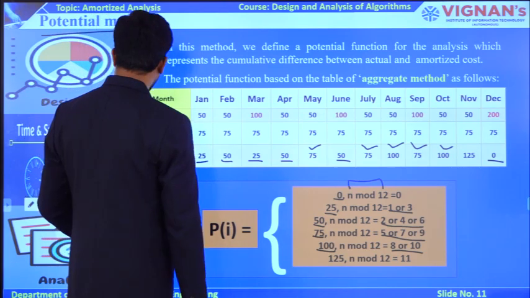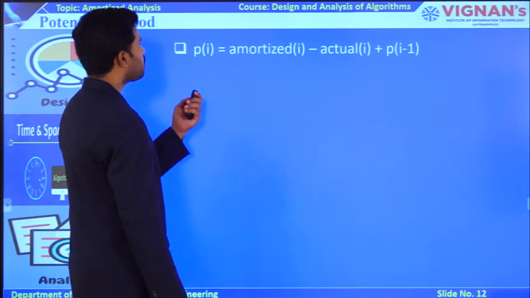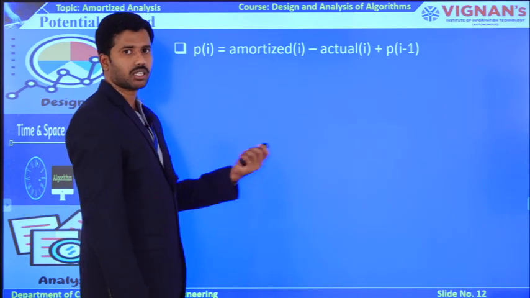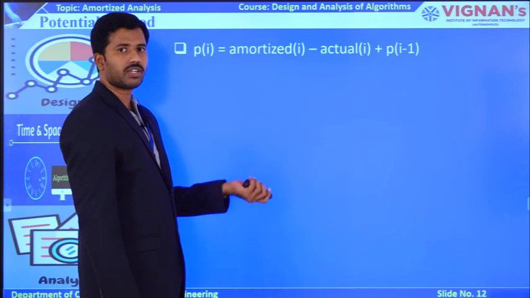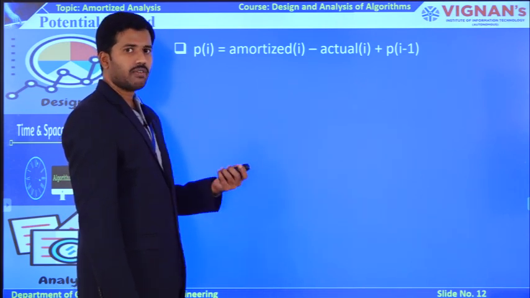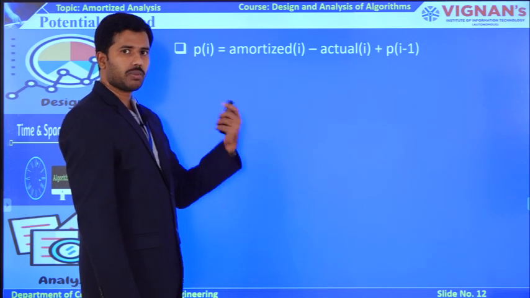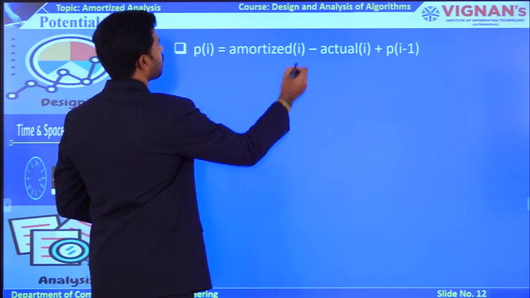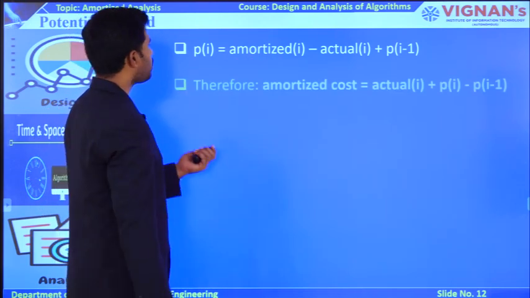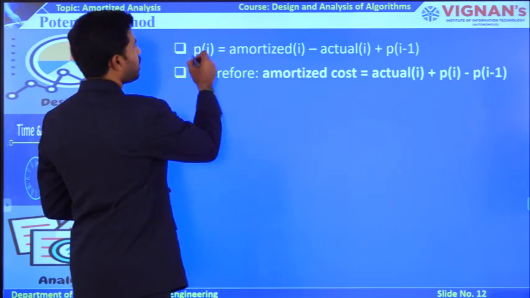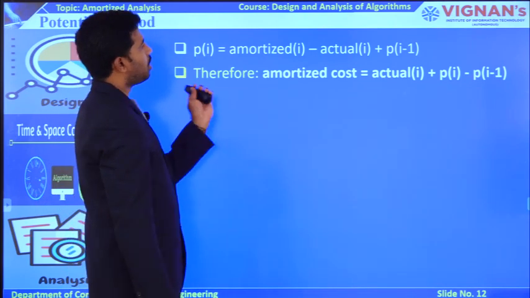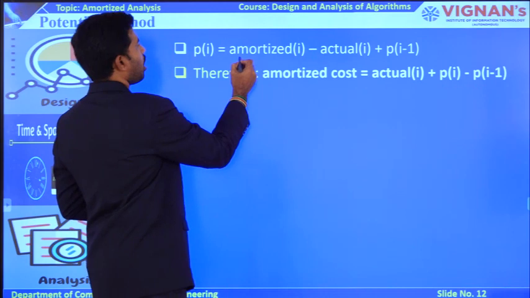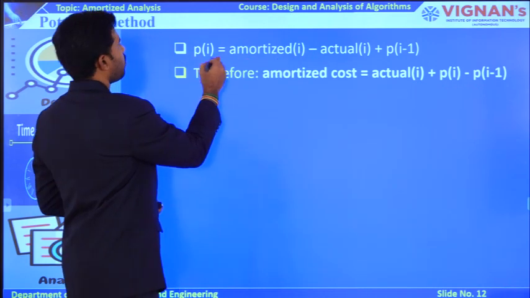Okay. Now we try to observe how it is going to happen. So this is my potential function formula. In the potential method I am going to be finding the amortized cost. So what is the amortized cost you got for the aggregate method? 75, right? Now I am going to recheck whether, based on the potential function, I get 75 or not. So you try to convert this RHS part of amortized I into LHS, so that my equation is going to look like this. Okay. So ultimately the P of I will be moved to the RHS part. So my formula is going to look like this. Simply I am moving amortized I to LHS and P of I to RHS.